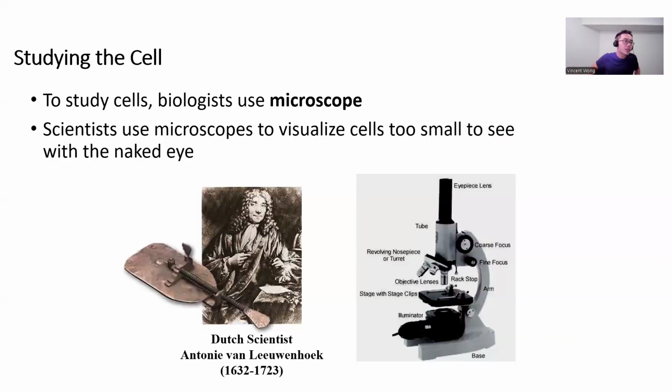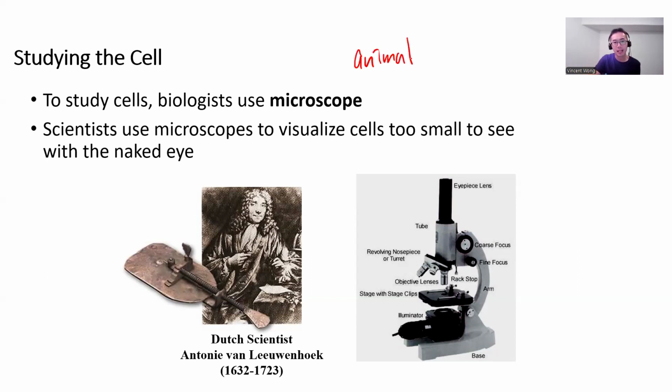Okay, so to study cells, we have to use a microscope. The first microscope was actually created by this Dutch scientist. He actually wasn't a scientist before. I think he was a tailor, selling clothing for people. But he had a side interest in creating these lenses. So one day he created this small lens, and he was looking through it, and on the other side was some water, and he found out that there was something moving in the water, and he actually described them as